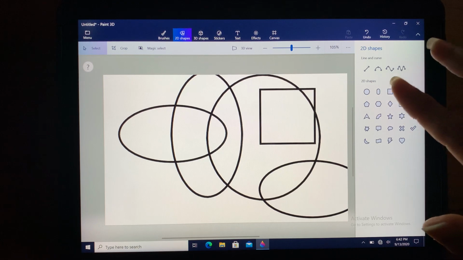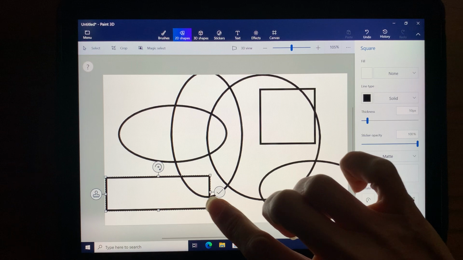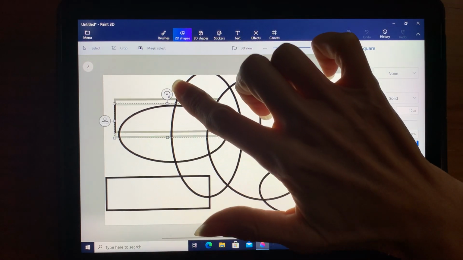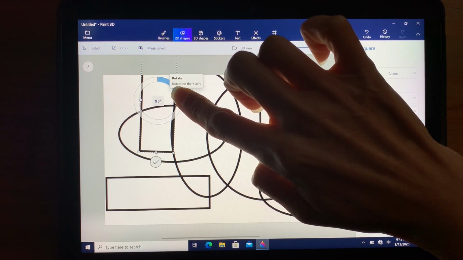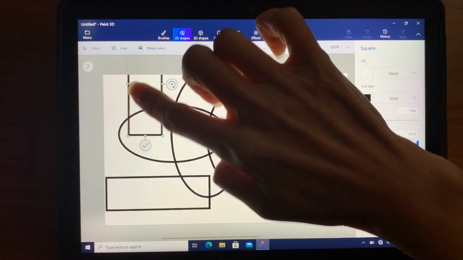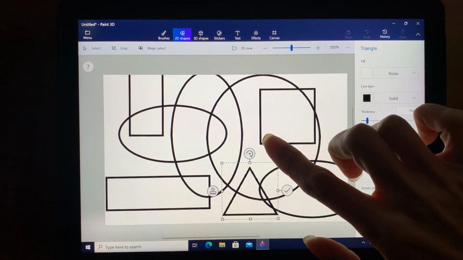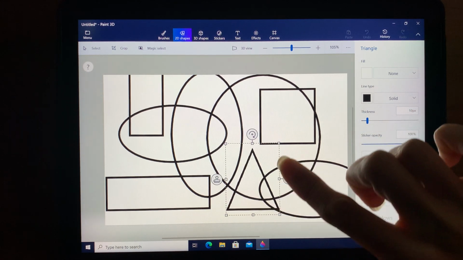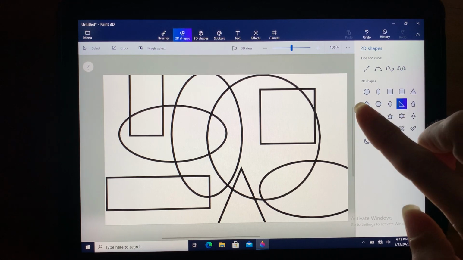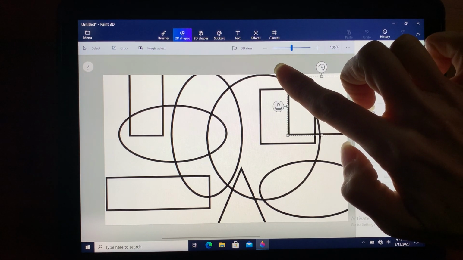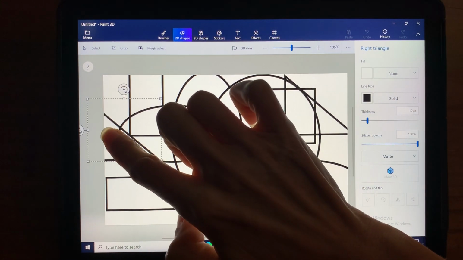Well, rotate. All right, I'll do a couple triangles. All right, now,